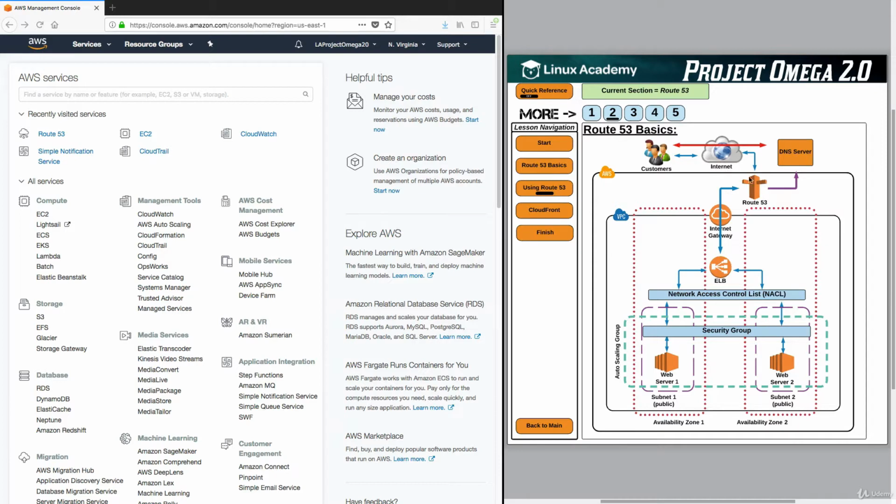So we talked about using Route 53 to register a domain name. And when you register that domain name, an IP address is recorded on our DNS server so that whenever someone tries to access the domain name that we registered, so in our example, we're going to register the domain name projectomega2.com. So when someone goes to access projectomega2.com, the DNS server will return the domain name and IP address of